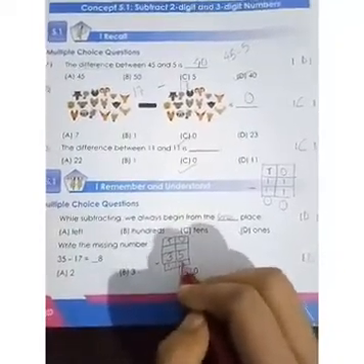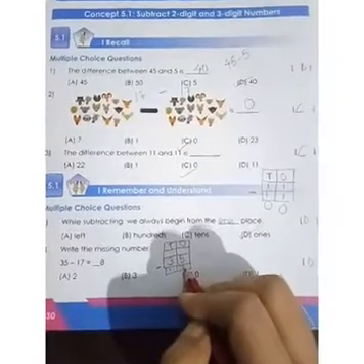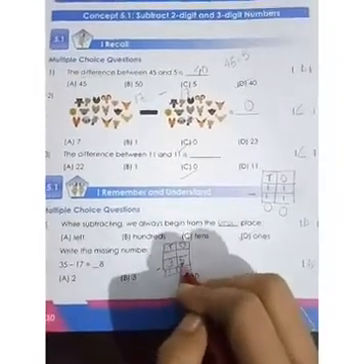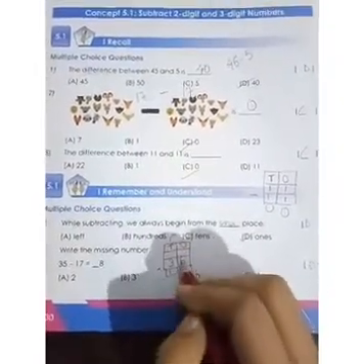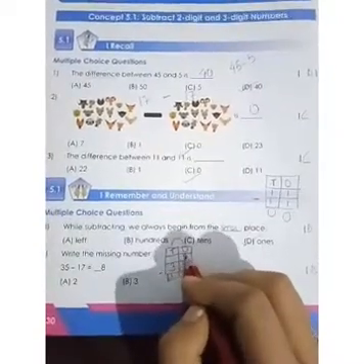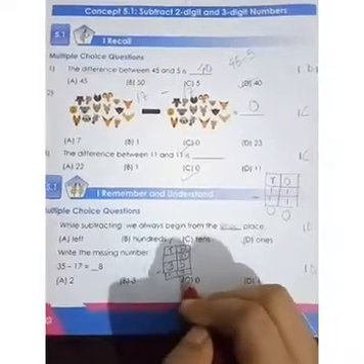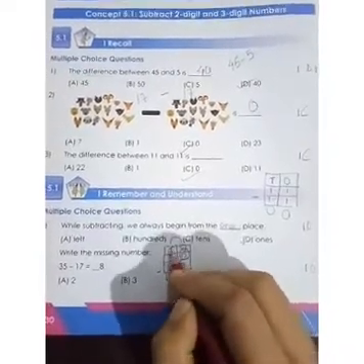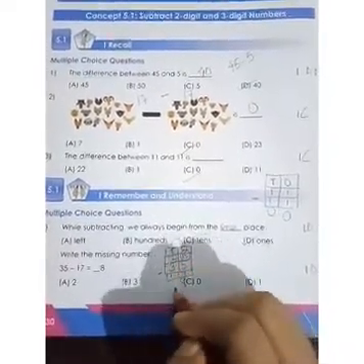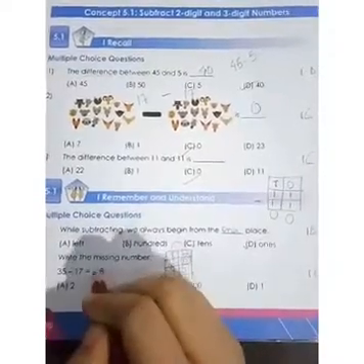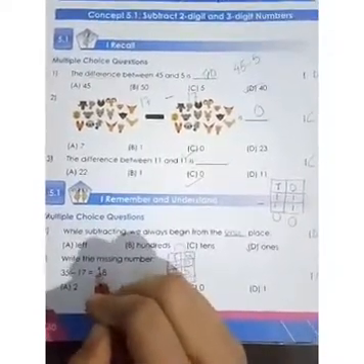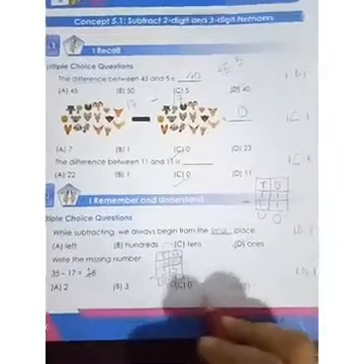Now 5 is a smaller number. So 7 is a bigger number. It will borrow from the tens place. So what will become here? 15. 15 minus 7, how much? 8. What will remain here? 2, because it has given 1 to this number. So 2 minus 1, 1. The answer is 18. So 8 is already there, so I'll put 1 here. Which is the correct option here? The option is D.